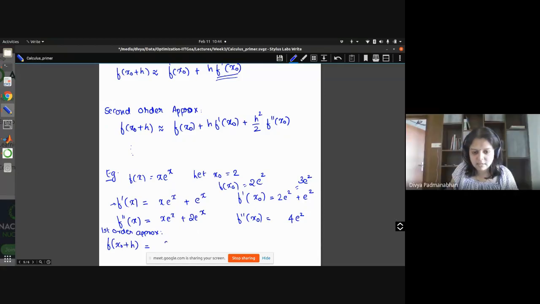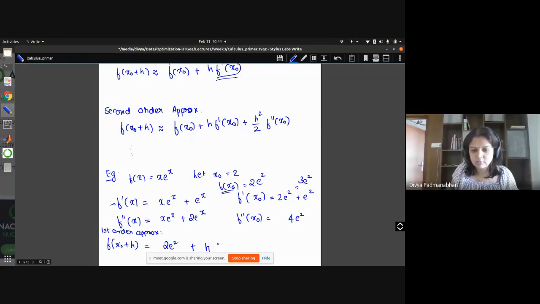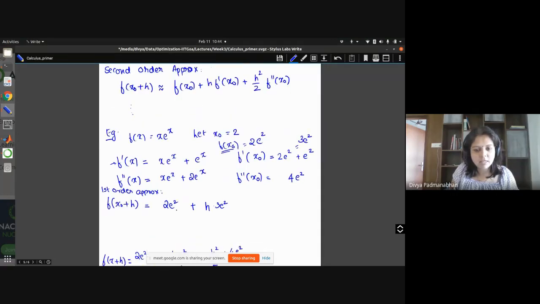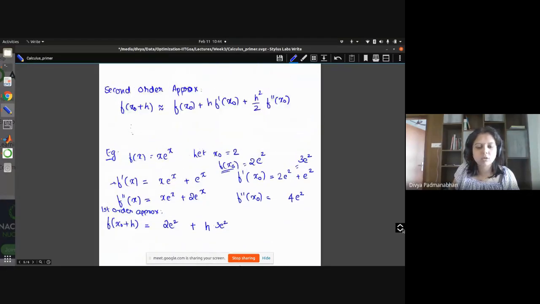2e square, so that is f of x naught. So that's this value. So that is 2e square plus h times 3 e square, right? Okay, so that's how you would write. So you can see that this is a linear function. So this is a function of h, and it's linear in h. Okay. Now similarly, if you take the second order approximation, so I think I wrote it down here, but anyway,